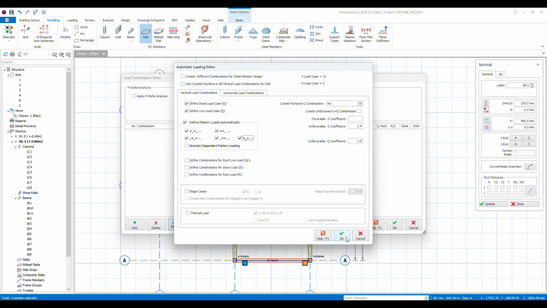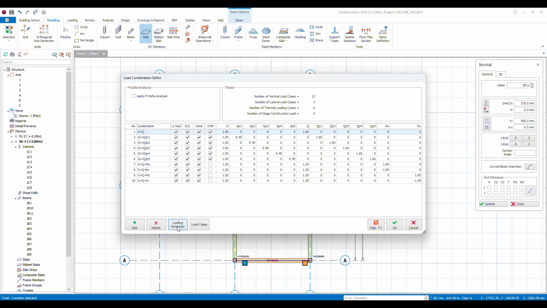So I'm just going to press OK and generate the load. So you can see we have this load G and Q. I also want to create another load combination. So I'll rename this as ultimate limit state. Yeah, add another load combination. So it duplicates that, but I want it to be service limit state. So the service load has a load factor of 1.0 according to the code standard. So I press OK,